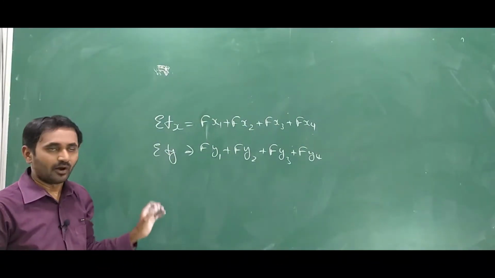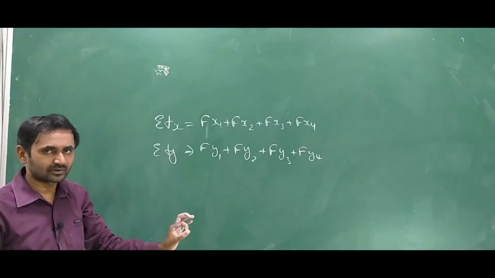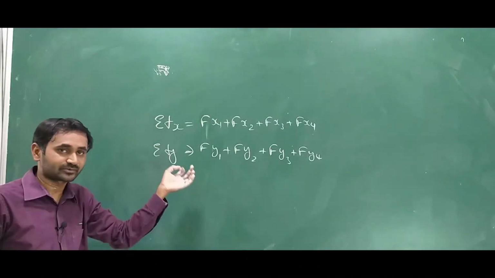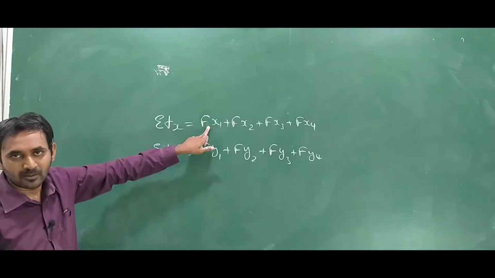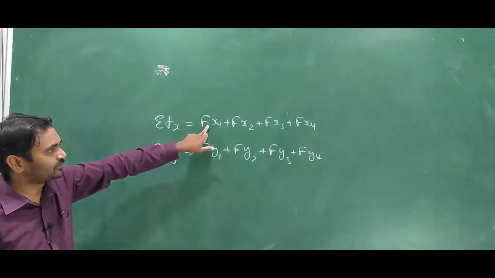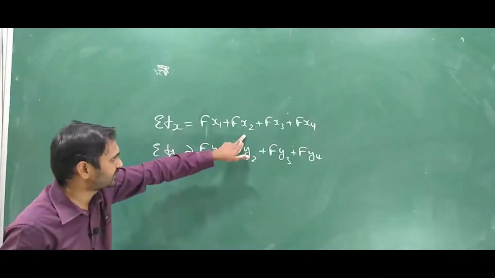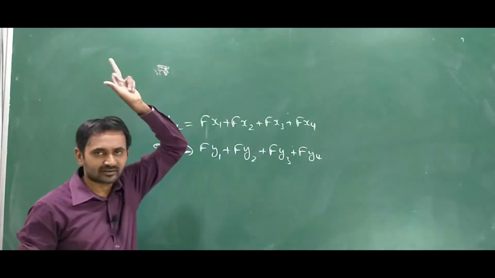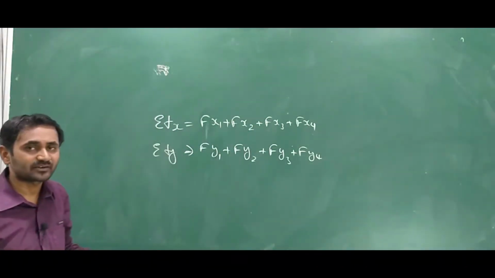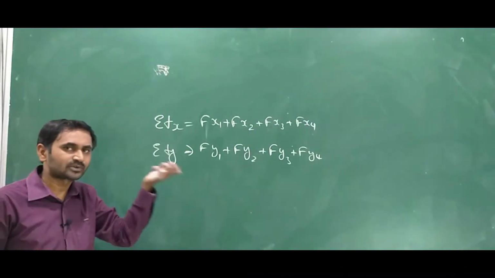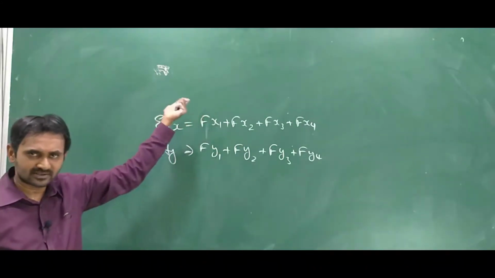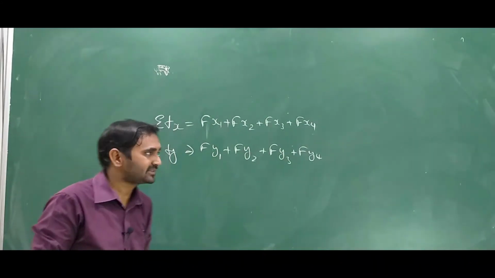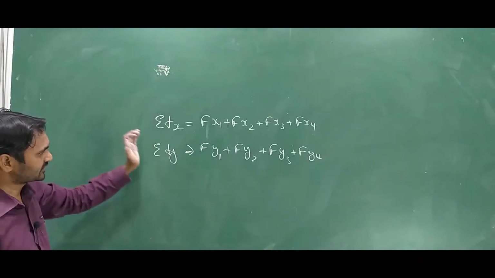Now sigma fx you will get, sometimes this may come out positive and sometimes negative. Put whatever value you get, because you are having positives and negatives. For example, if you got minus 20, put minus 20 only. If you got plus 20, plus 20 only. Don't change the values. Whatever you get, put the values like that only. And then you got sigma x, you got sigma y.